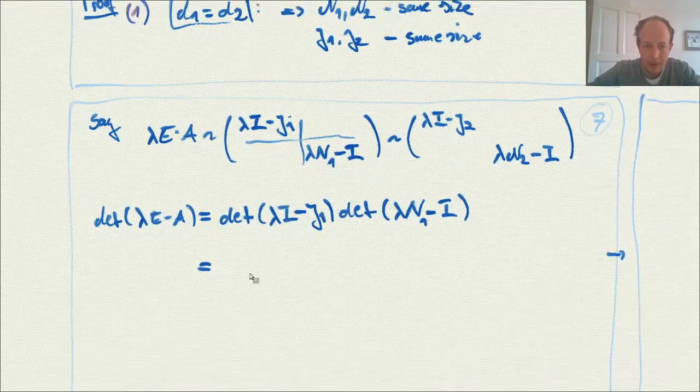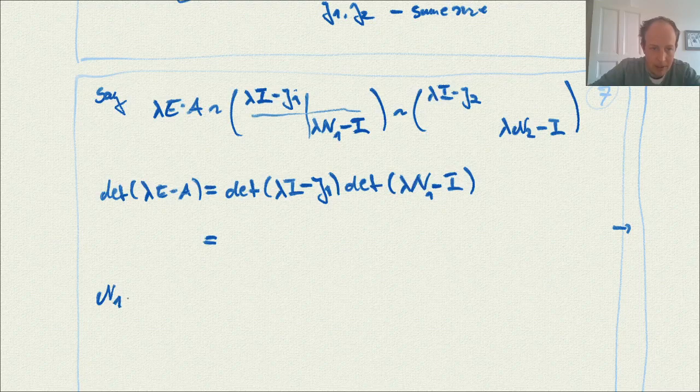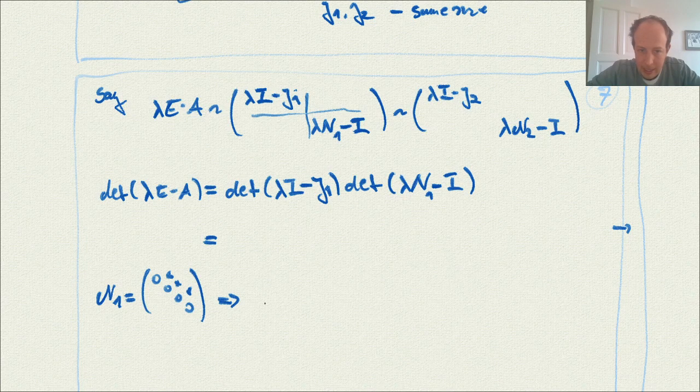Now we recall that N1, most importantly, has zeros on the diagonal. That we had in the proofs before, that if a matrix is nilpotent, then it's upper triangular with zeros on the diagonal. So this N1 matrix will look like that. This means that the determinant of lambda N1 minus identity is only the